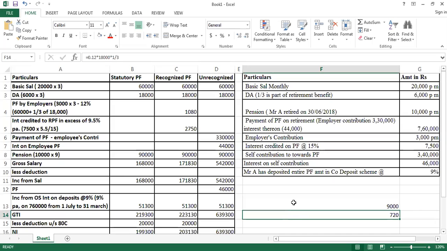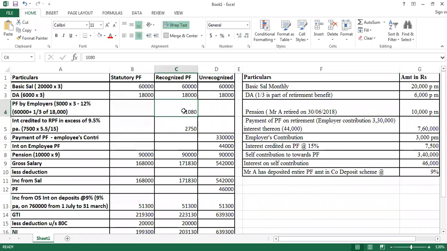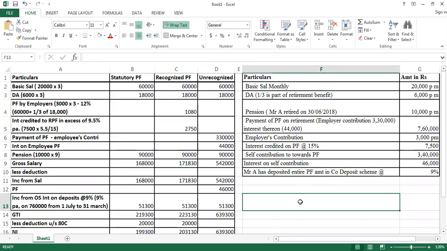Are you able to understand? Yes, sir. So when I work it out, the value that I get will be 1080. How did I get 1080? Now please work it out, because otherwise I'll be wasting more time in explaining all these things. Looking at that particular expression itself, please try it out.